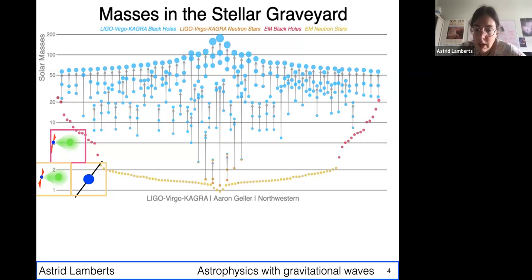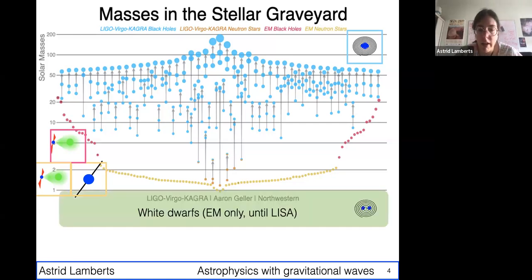Most of them end up being discarded by later observations, but some of them are still valid. So maybe one of them is really a true hidden black hole. So this was the world we knew before LIGO and Virgo turned on. Since then, the scenery has changed quite a bit, because with gravitational waves, we actually see all these black holes, the ones in blue. All these blue points are the merger of two black holes. And you see that it is really showing us a completely different picture of the remnants of stars.